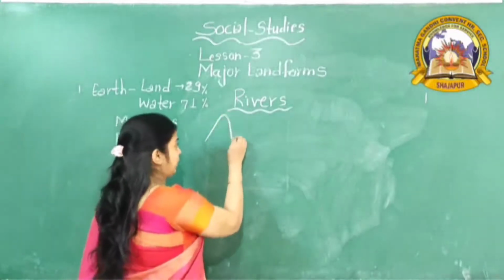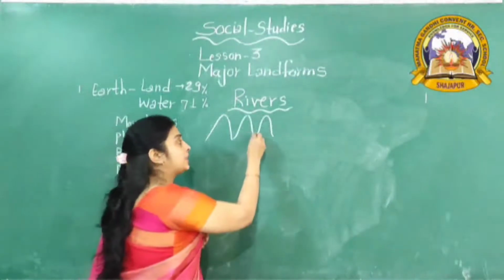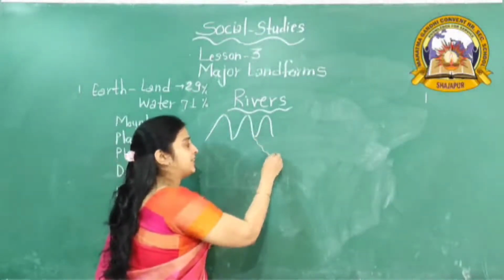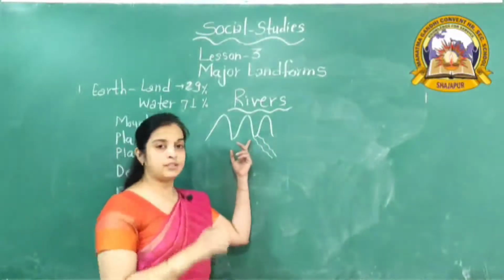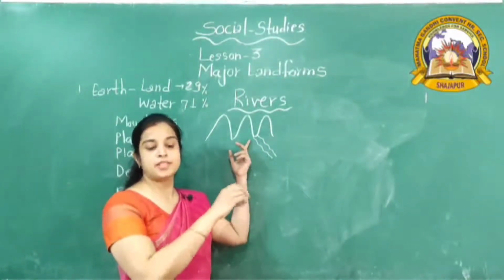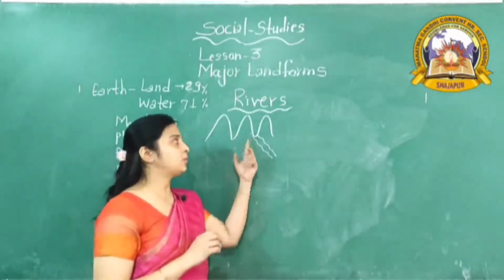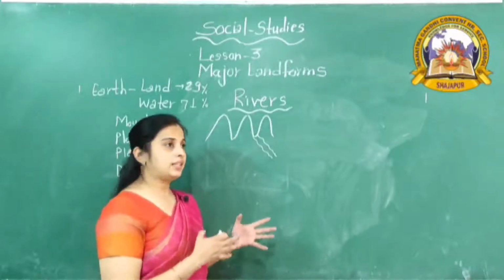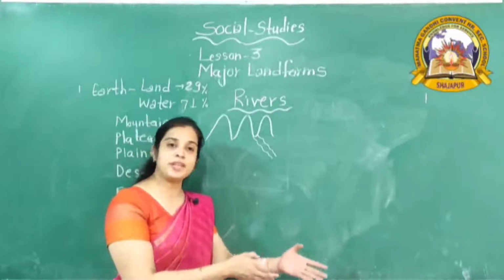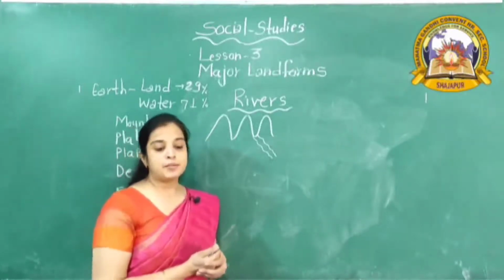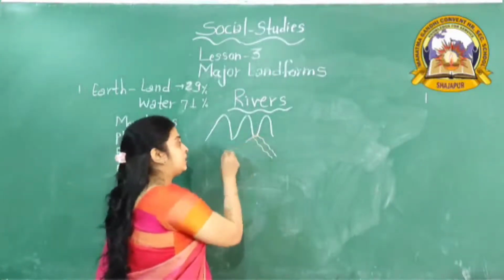Most of the rivers, not all, my dear student, originate from mountains because of melted ice. They originate from some stream and join together to form a river. And the place of origin, जहाँ से river start होती है, that place is known as the